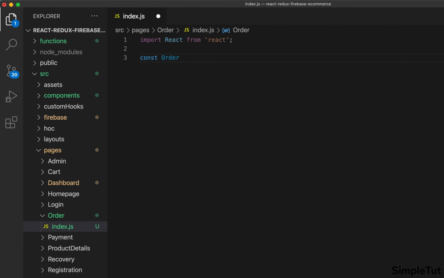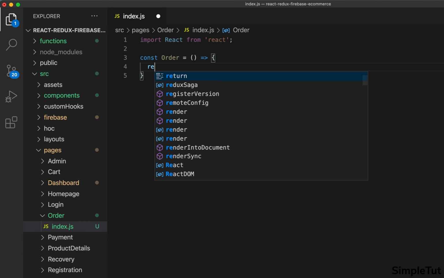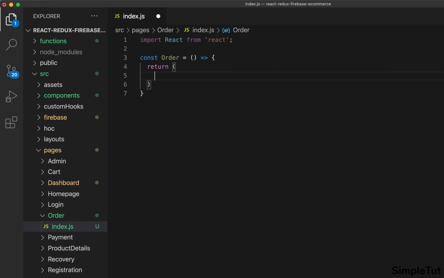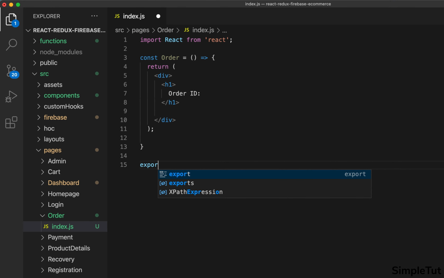We're just going to call this Order, right? We don't need to worry about props for now, at least. We're going to have an explicit return. For now, we'll just return a div with an h1. We're going to just pass in the order ID, which we're going to come back to. And then what we can do here is we can just export this component. So we'll just say export default Order, and we'll come back to this, but what we want to do is